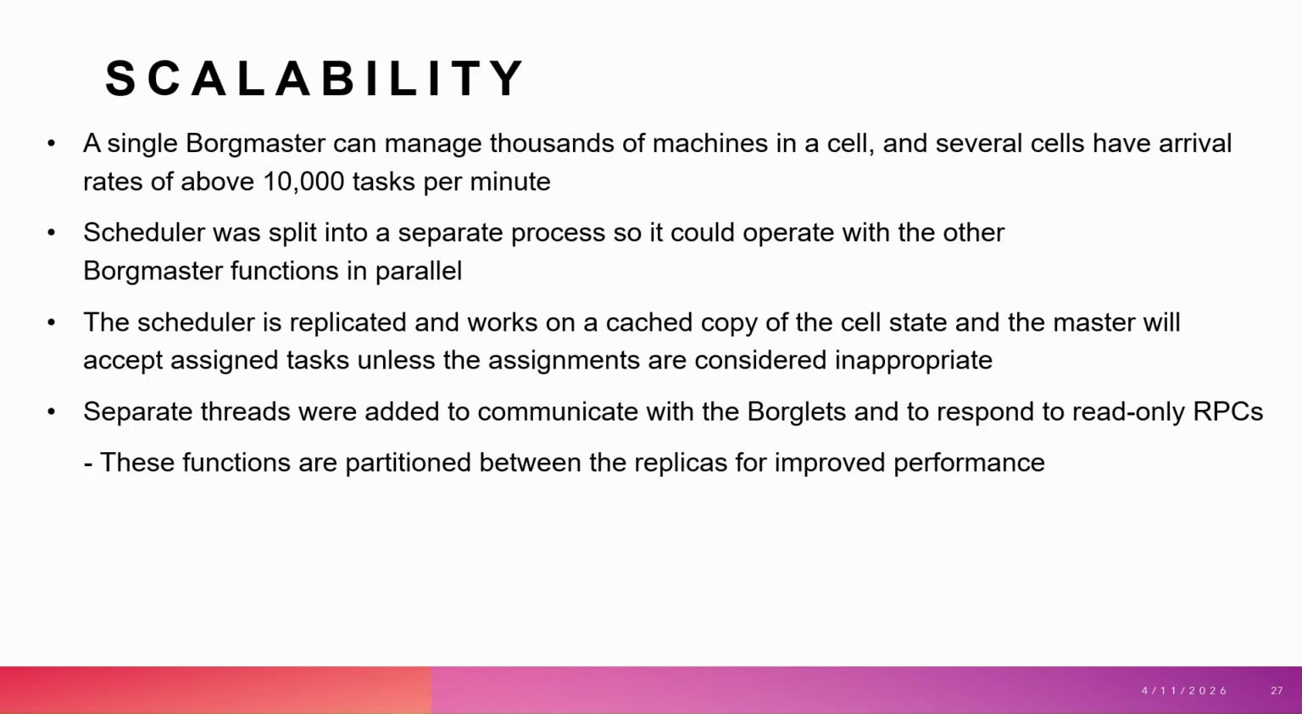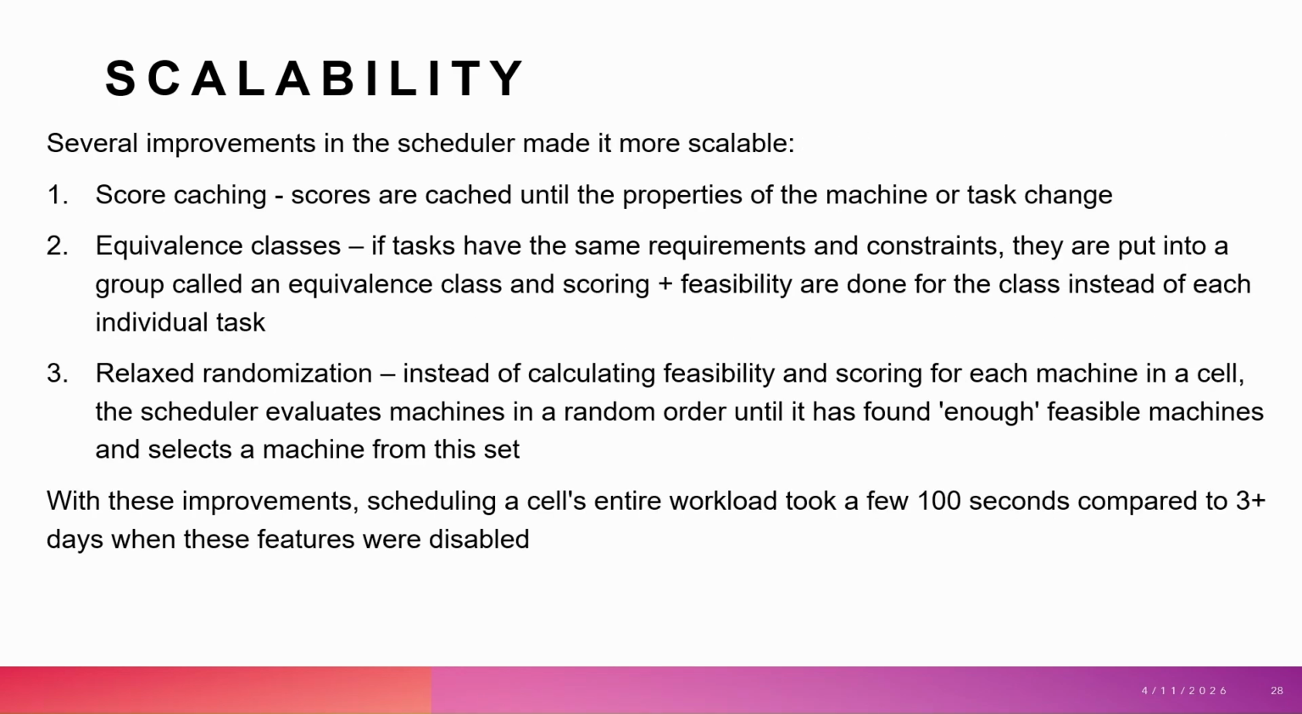And separate threads were added to communicate with the Borglets and to respond to read-only RPCs, and these functions are partitioned between the replicas for improved performance. And several improvements were made in the scheduler to make it more scalable. We have score caching, which, as it sounds, caches the scores, and it caches until the properties of the machine or task change. We have equivalence classes, and they function